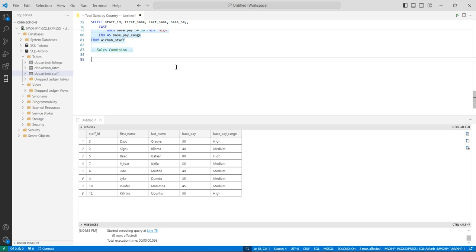We can easily do an aggregation to be able to get that. But for us to be able to get the sales commission we are going to give staff, we have to get to the staff table to be able to get their base pay, which we are going to calculate commission on, and which is going to be based on the sales each of those staff are able to pull in for the company. So this is going to be very interesting, right? So basically,